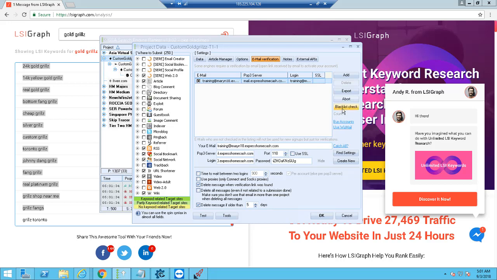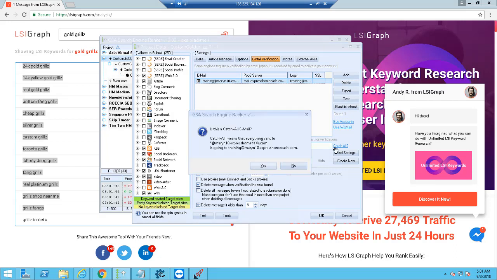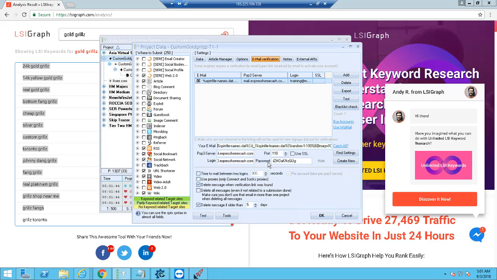Let's see. All successful. So for you to use catch-all email, once you enter one particular email, the next thing you will do is click this catch-all. Yes, but then you must have created a setting on your domain hosting that permits the catch-all to work. What catch-all does is this: for any type of email that ever exists under a particular domain name or subdomain name, every mail that comes in must be directed to one particular email, and that one was actually created